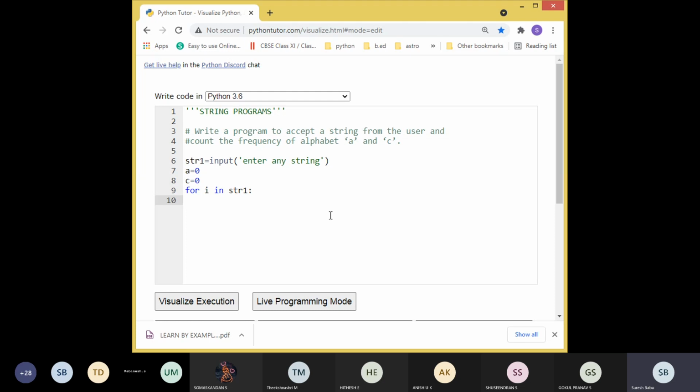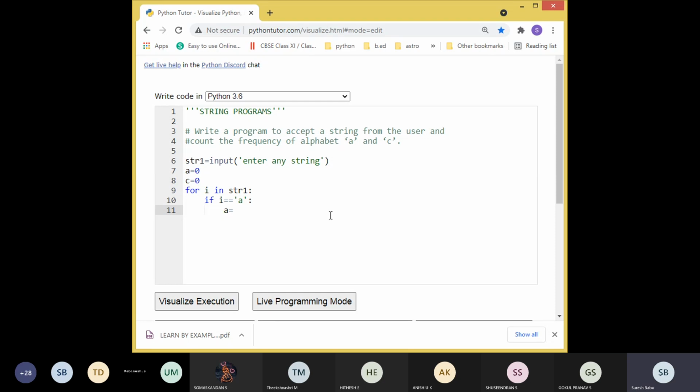So how to check whether the particular character is a or c? Students, anyone tell me? I is only getting the character from the input string. So we give the condition: if i equal to a. This is the first one. If it matches with a, we are going to count the value for a.